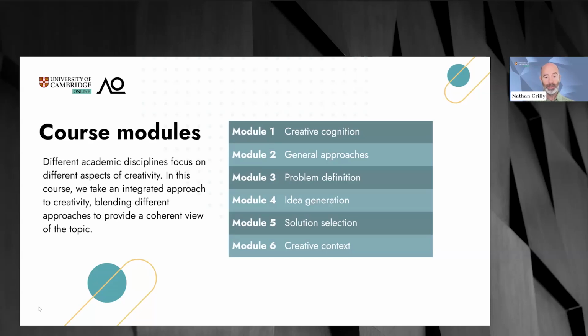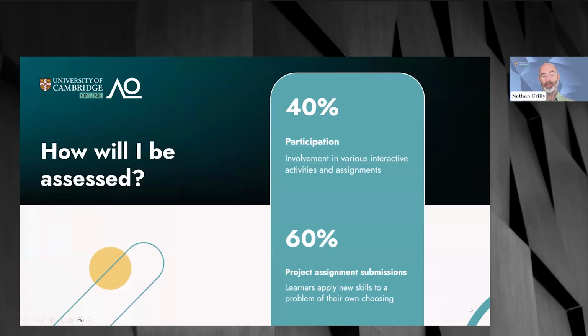You might be wondering how you're assessed, so I'll talk about that now. So as we work through those 6 modules, 40% of the course is assessed on participation. So we provide guidance through all these different tools we have as how you could go about identifying problems and working on them and developing solutions. And we provide example issues for you to work on individually, but also as a group. And by providing these examples, it means we can pick examples that are very accessible to everyone.